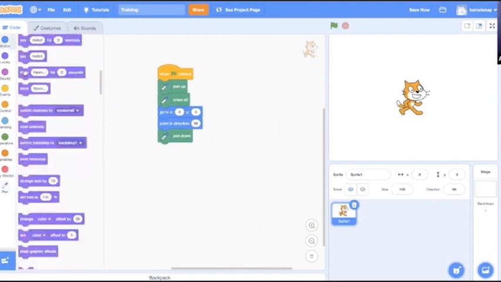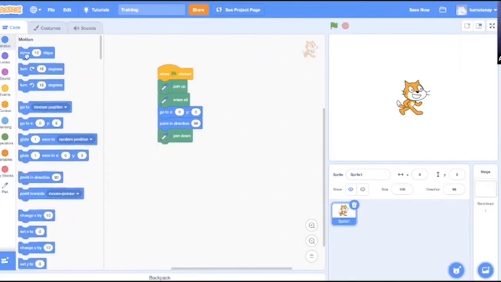So how do we go about drawing it? Let us say, in whichever direction you are currently facing, which is currently facing towards the right, the x-axis, as we can see over here, point in direction 90. Let us move 100 steps, right? So it moves 100 steps in this particular direction. I'll hide the cat for some time, and you can see it has drawn